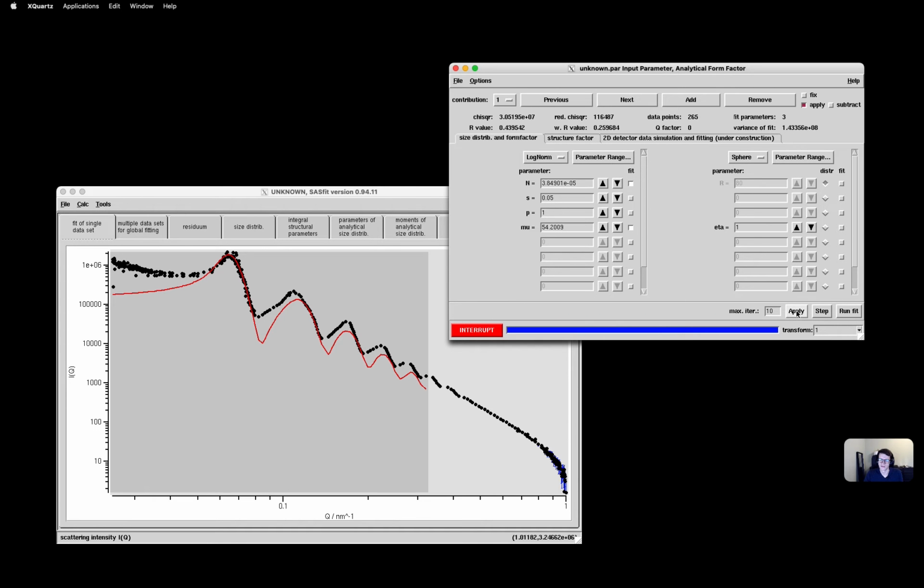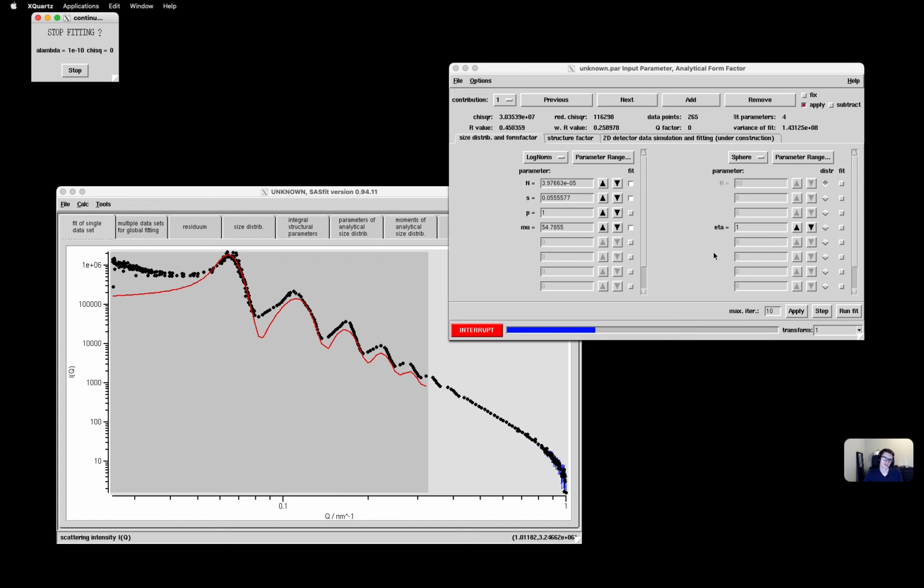Not really. You can also increase the polydispersity, but this often has unwanted effects because it might smooth the result too much. But here it progresses only very, very slowly.